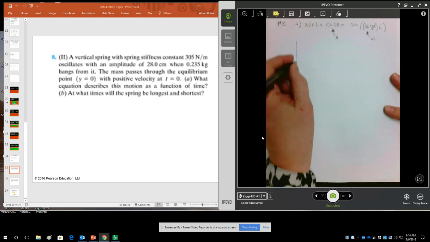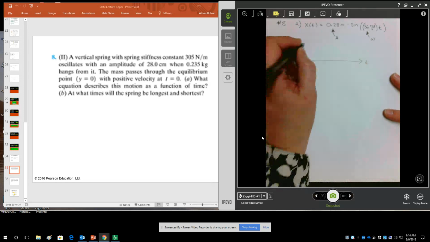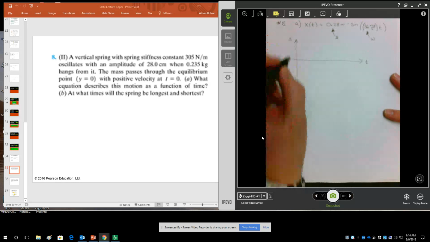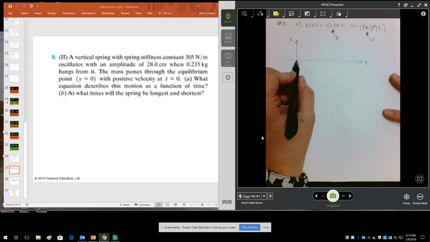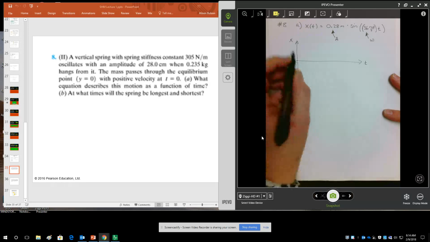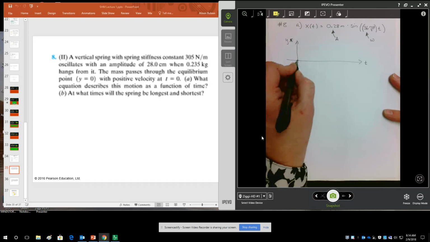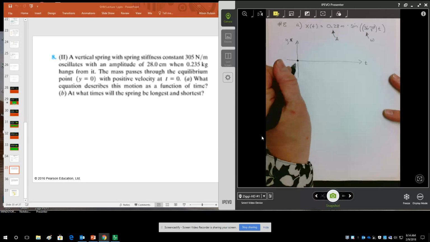So just thinking about how the shape of the graph should look, time is on the x-axis and position is on the y-axis. At t equals 0, so at this moment in time, I should have, oh, it's not x though, it's a vertical spring, so that's y. I need to have position equal to 0,